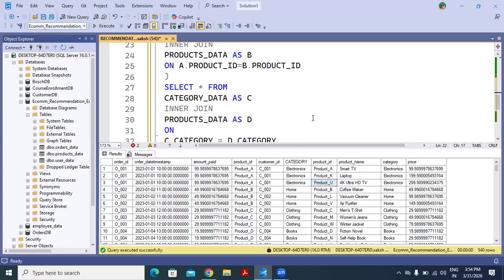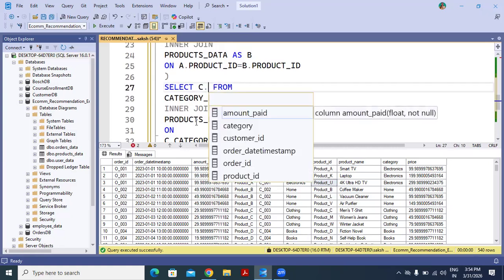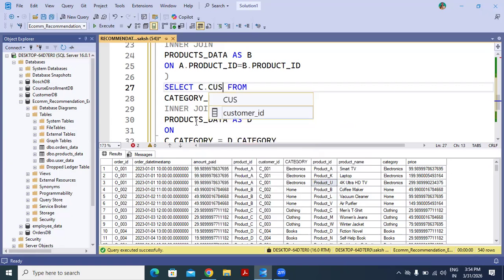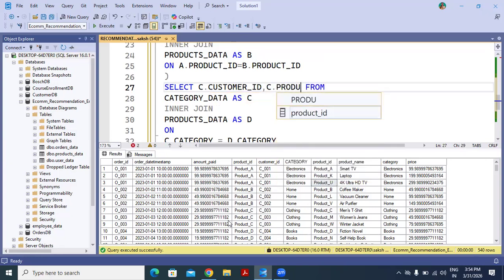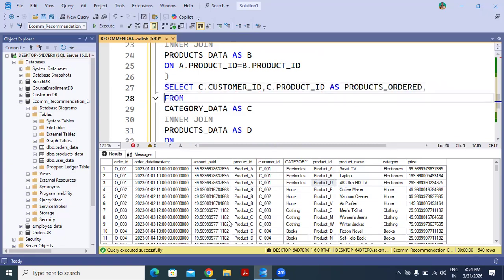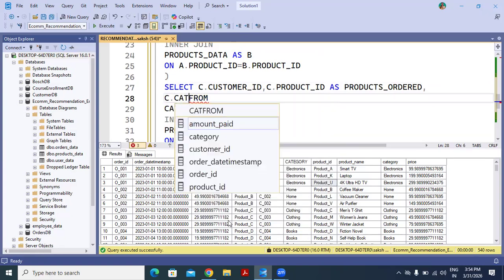So let's say we need customer ID from this table and we need product ID. So these are, we can say, products ordered. And let's take the category also.